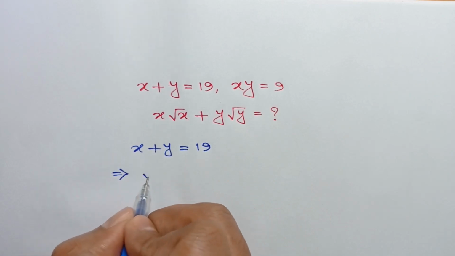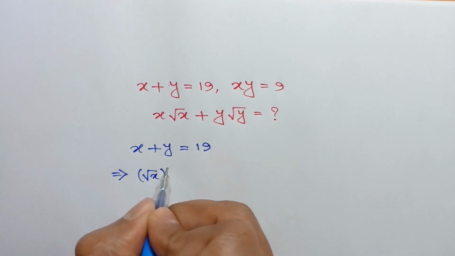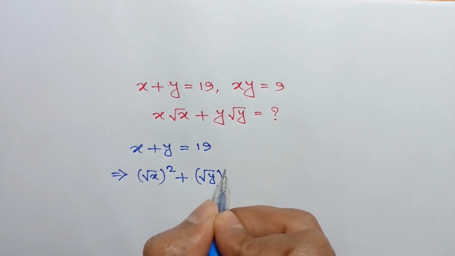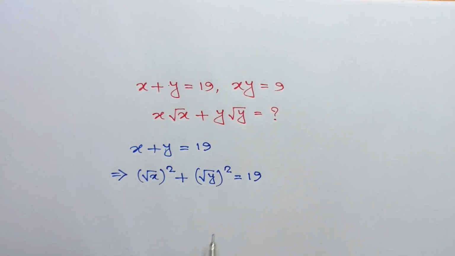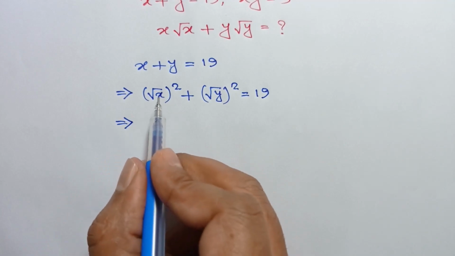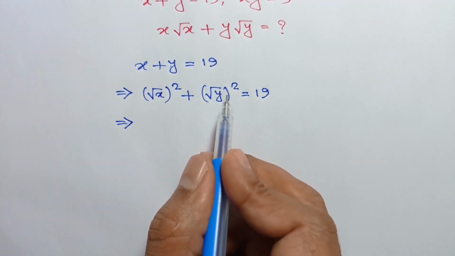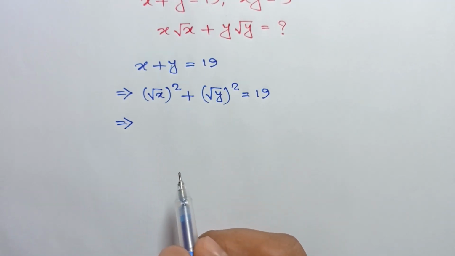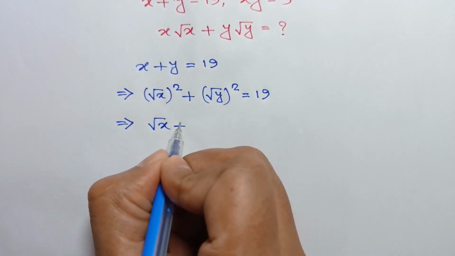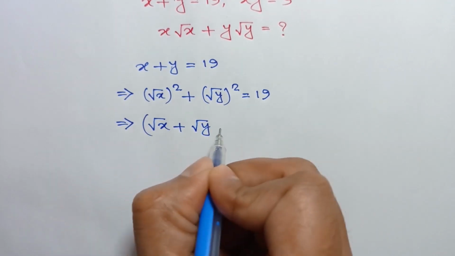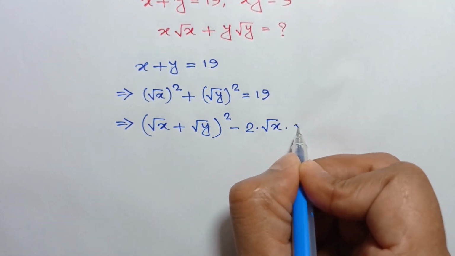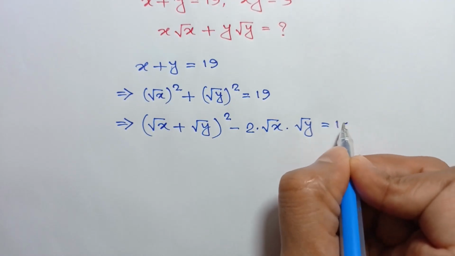or x can be written as square root of x whole square plus y can be written as square root of y whole square is equal to 19, or applying the formula a square plus b square is equal to a plus b whole square minus twice ab, we can write square root of x plus square root of y whole square minus 2 times square root of x times square root of y is equal to 19,